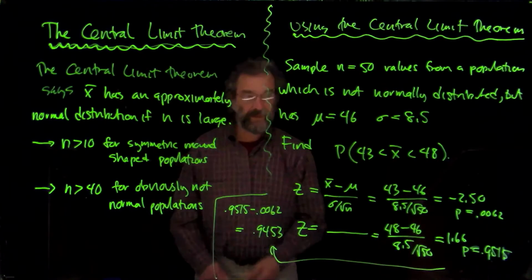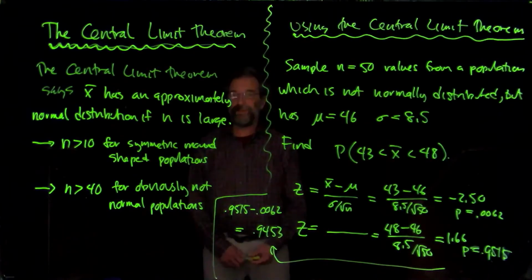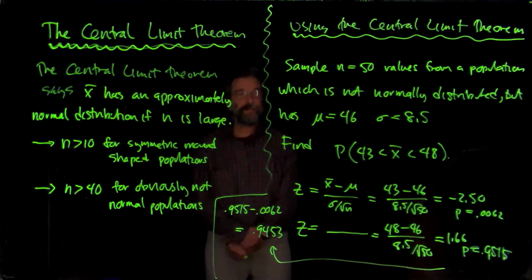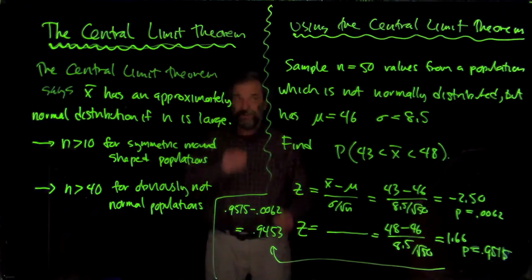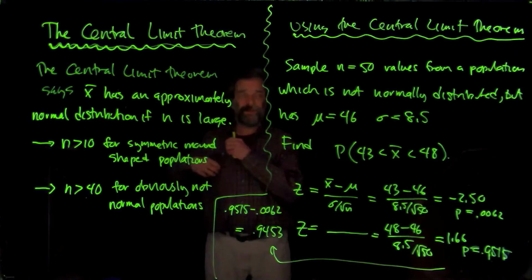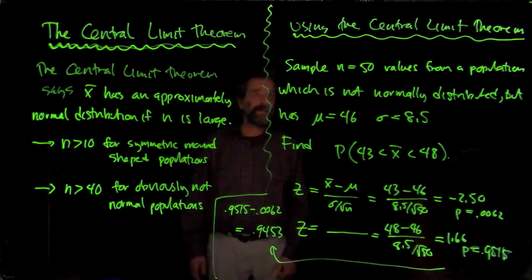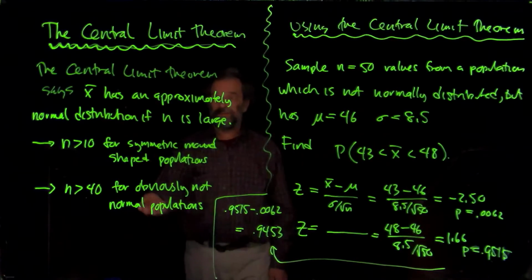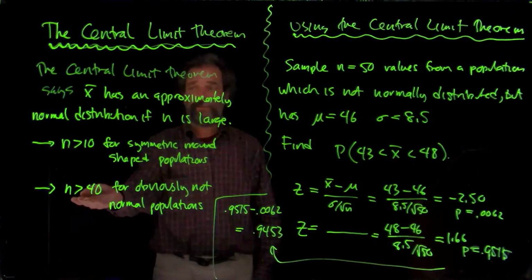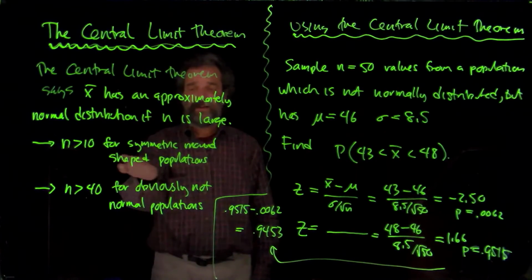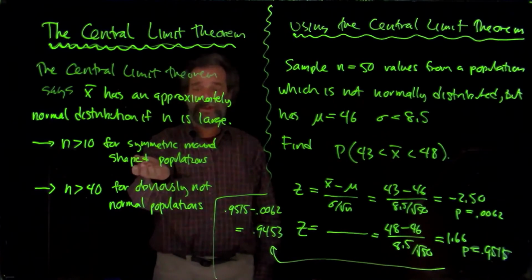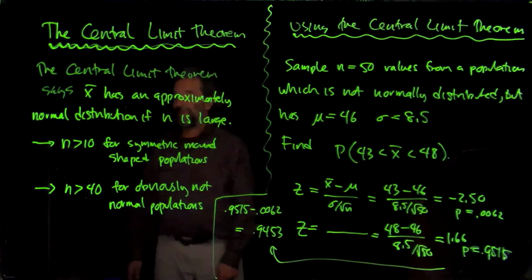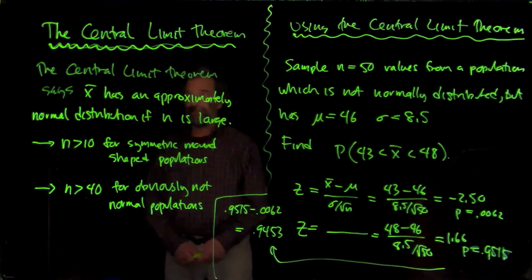All right. So we've been doing those calculations for a while, but now it's in a different context. We're finding probabilities. We're using the central limit theorem to allow us to find probabilities in situations where the population is not normally distributed, because we're taking the sample mean and doing calculations with it. And the sample mean will be approximately normally distributed if n is bigger than 40, sort of no matter what, and if n is bigger than 10, if the population looks symmetric and mound-shaped. So that's the end of chapter 15 for us, and you should be ready to start doing the homework, which